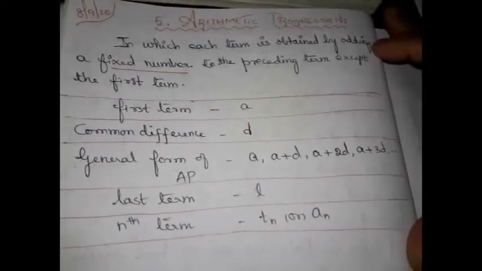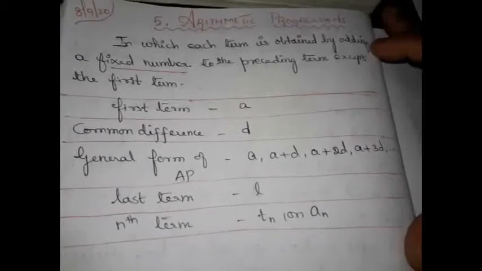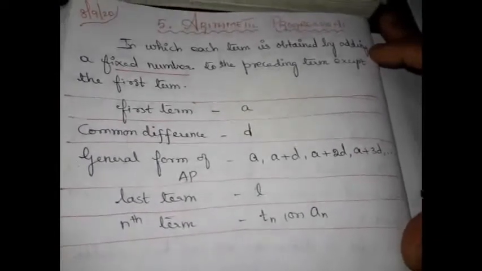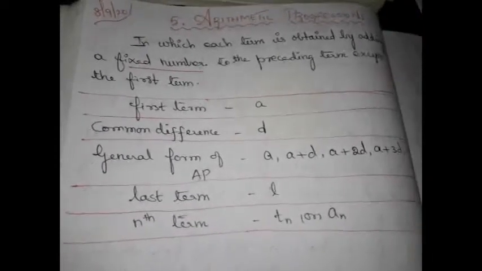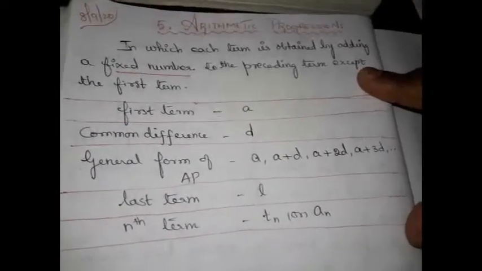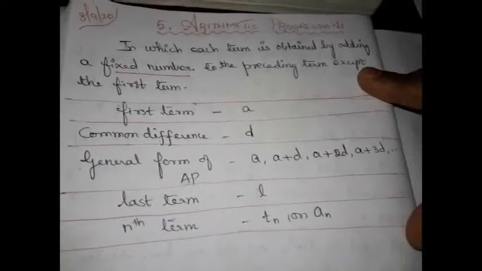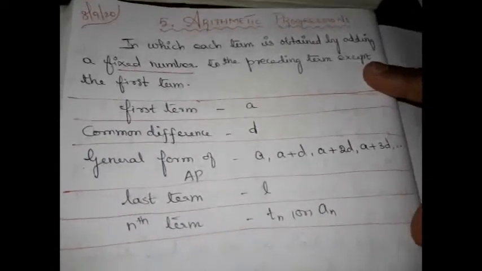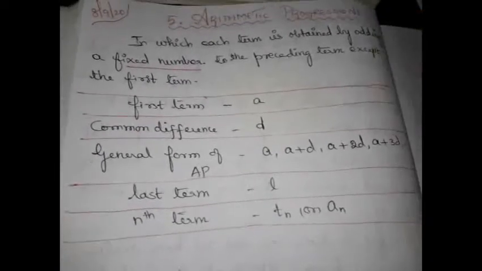For example, if you take the arrangement of petals in a flower, the arrangement of staircase in our home, and if you deposit some amount in a bank, the way they credit the interest for that particular amount, everything follows some pattern, right? So all such patterns have their own way, right?